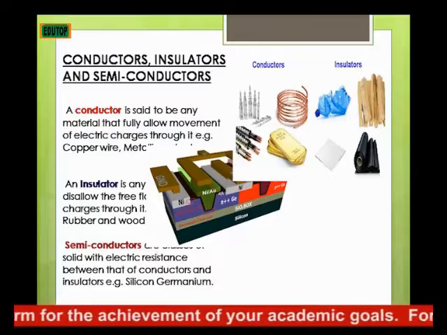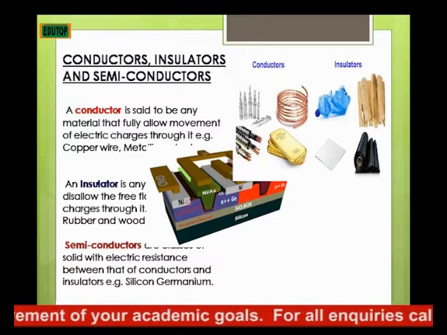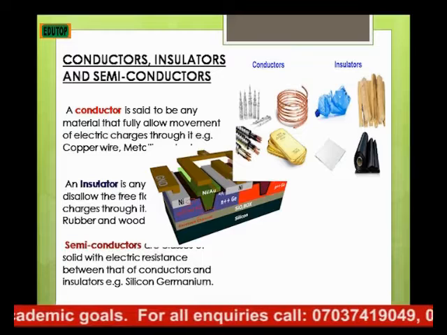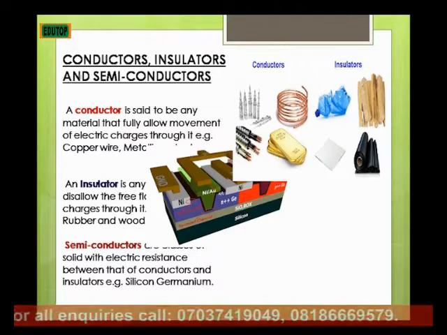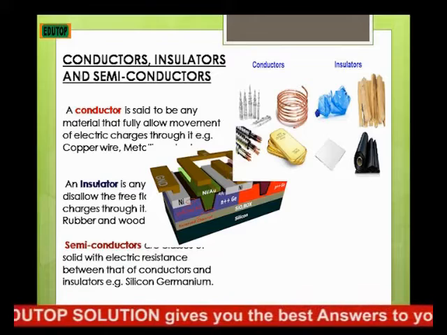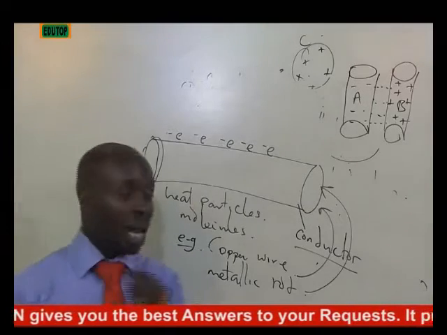Now let's move straight into an insulator. What is an insulator? An insulator is automatically the opposite of your conductor. What does that mean? It is any material that totally disallows the free movement of electric charges through it. It doesn't allow movement of electrons. It also does not allow movement of